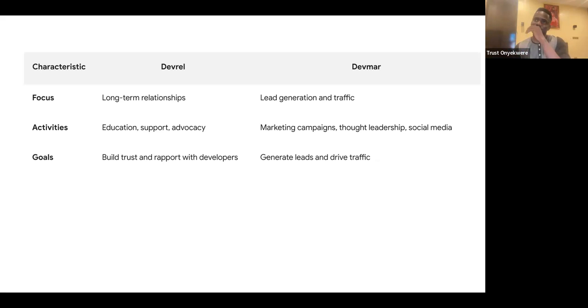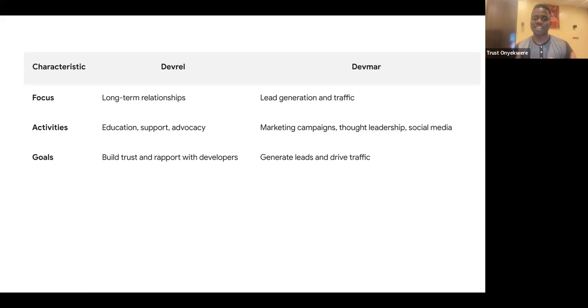Now, look at it this way. There is a house, and we need to pack this house with elements that somebody needs to manage. In this case, DevRel needs to manage the elements packed in the house. We need somebody who's going to pack the elements into the house. In this case, that's developer marketing. Developer marketing focuses on activities, lead generation, traffic, in an attempt to pack developers into the community that developer relations is going to manage. So they work hand in hand. For me, the focus is the clearest difference between DevRel and DevMar.